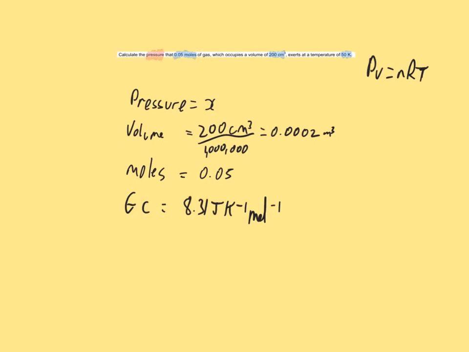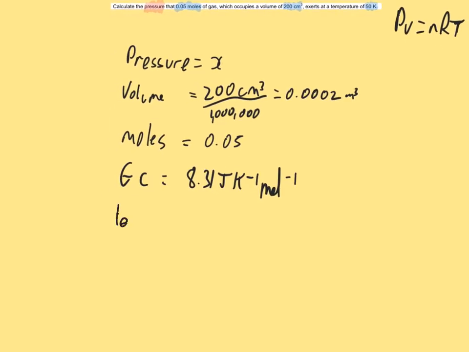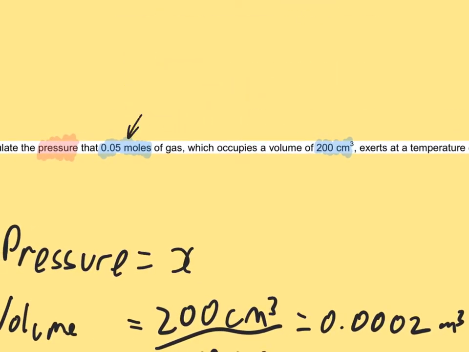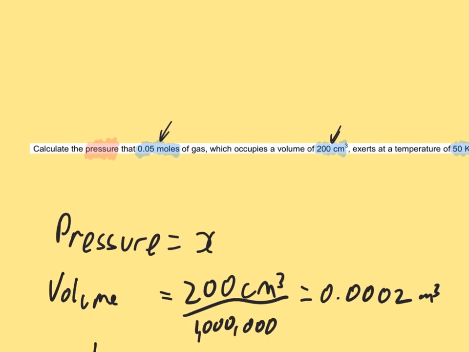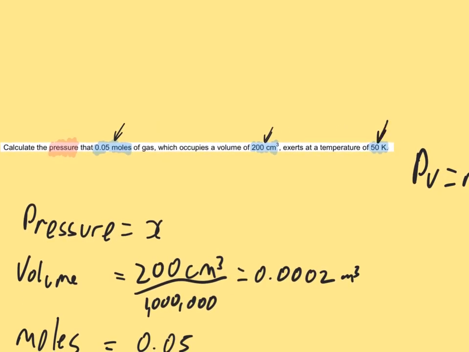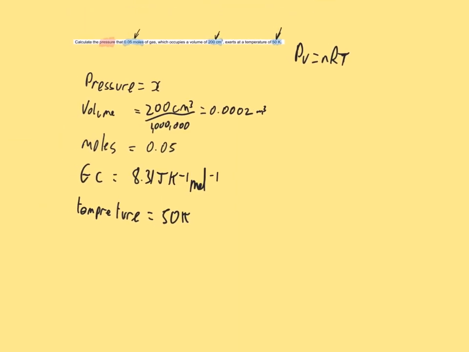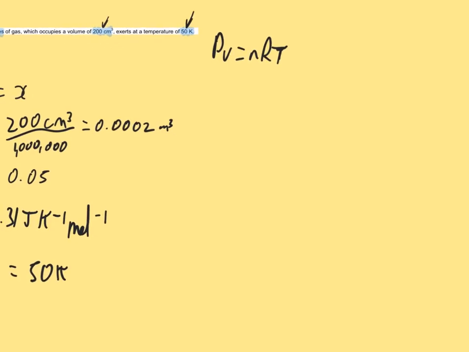And last but not least, a temperature. You don't have to write this all out like this. You just want to extract the information and highlight it if you don't want to write it out yourself, which is understandable. As long as you know that this is what you're using in the equation, that's all that mainly matters. So, now I need to take this equation and make it so we can get the pressure,